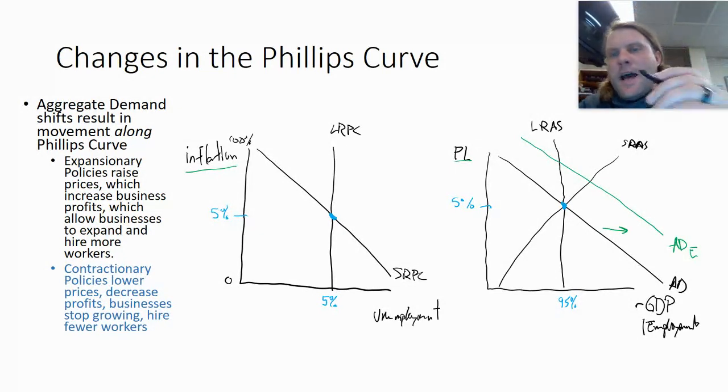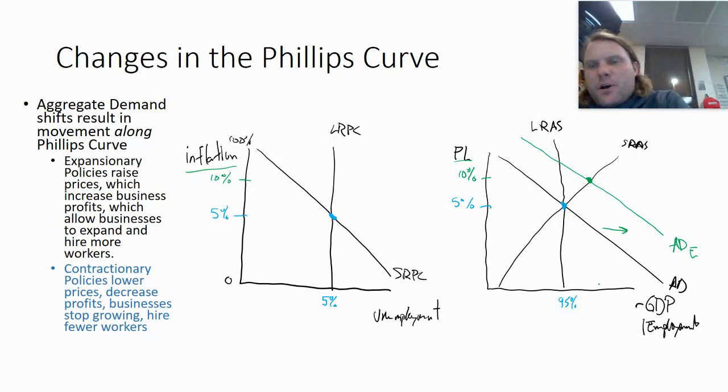All right. Now, this creates a new price level. Let's just call that 10% inflation. And let's label 10% inflation over here. This expansionary policy is also going to increase our employment rate. Let's call it 98%. Which means what for over here? That means we're going to be at 2%